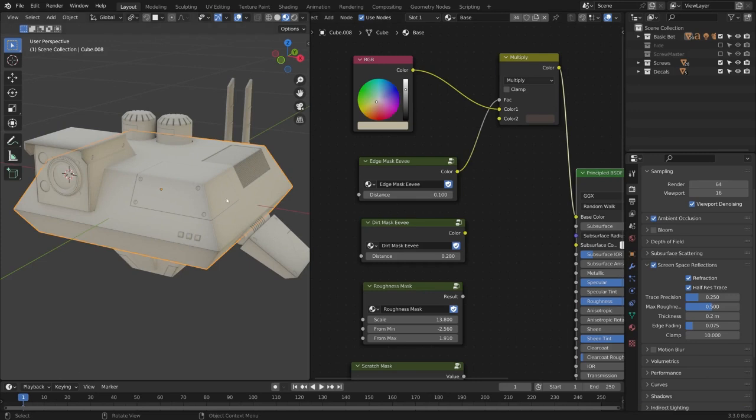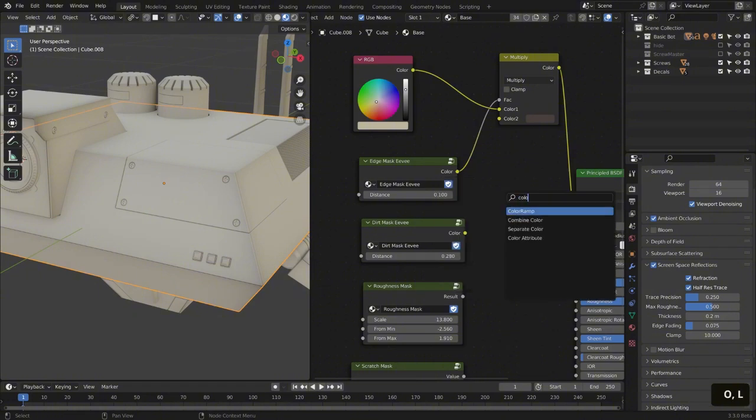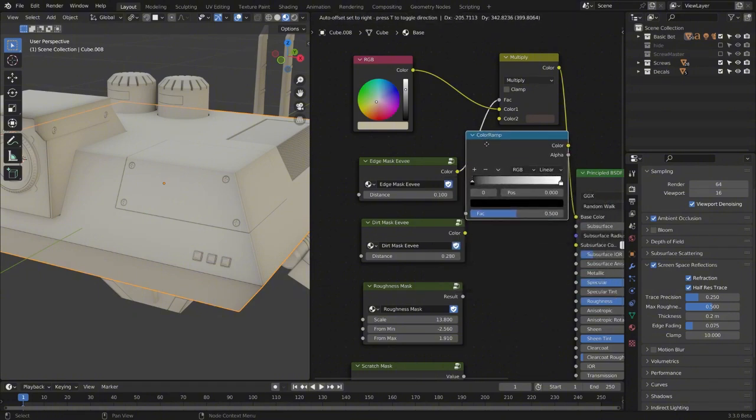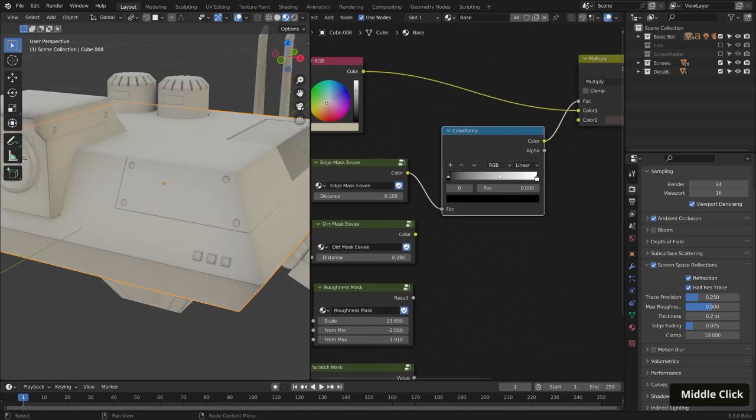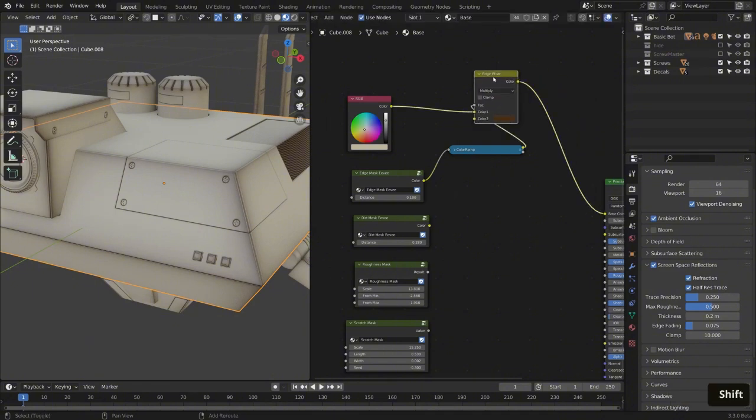It's looking pretty good, but I think we can dirty up those edges even more with the help of a color ramp. Again, Shift A, search for color ramp, and we'll put it in between our edge mask and our factor, and then just bring up the edge mask ever so slightly. It's looking good. Just minimized it there. I'm going to tweak the saturation a bit. So let's rename this mix node so we know what it is. Let's call it edge wear and duplicate with Shift D and move it over and just snap it onto